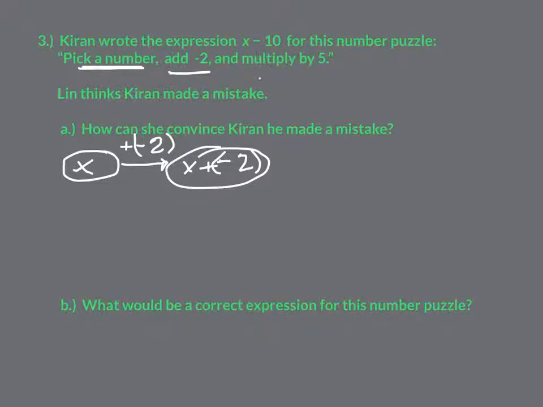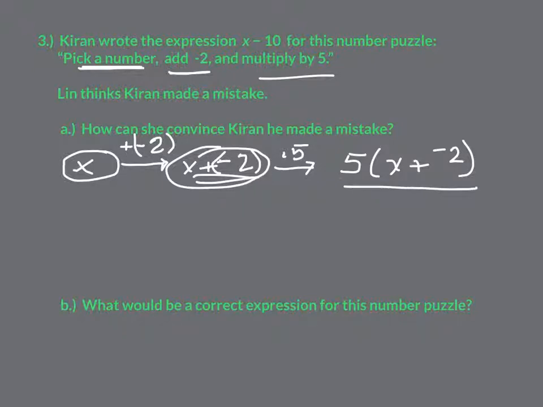And then my next action arrow says to multiply that by 5, or times 5. Okay, so that means I take this entire thing and put it in the parentheses and multiply that times 5. So 5 times x plus negative 2. So this definitely does not look like Kieran's x minus 10, right? The other thing that we can do, if we wanted to, instead of proving it this way, which I think is really the most efficient,